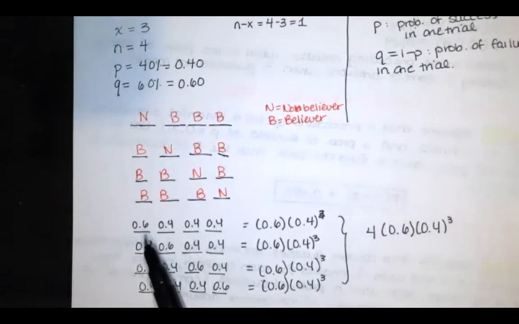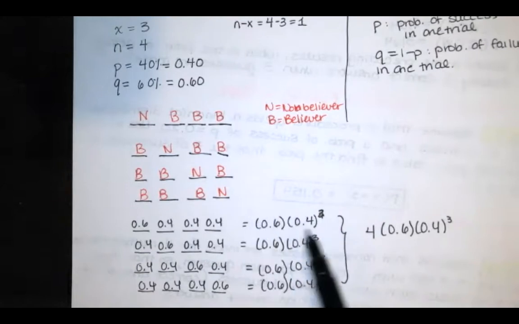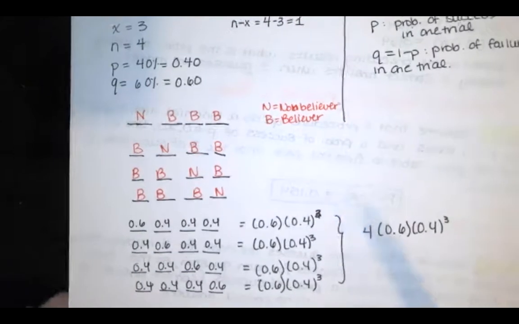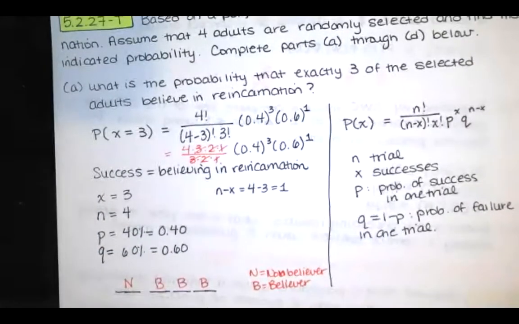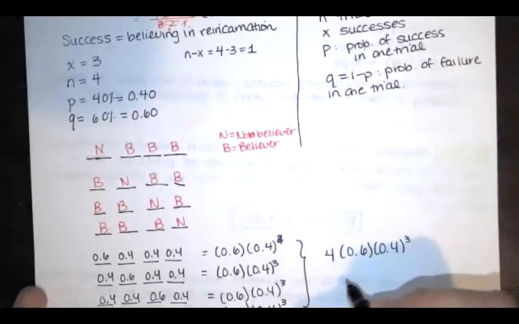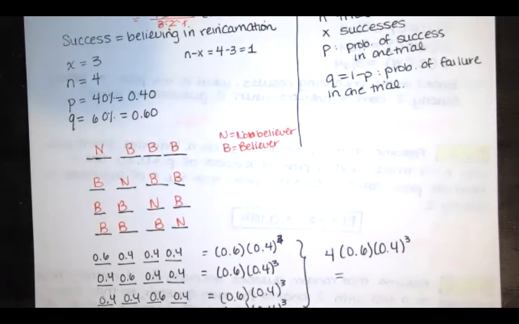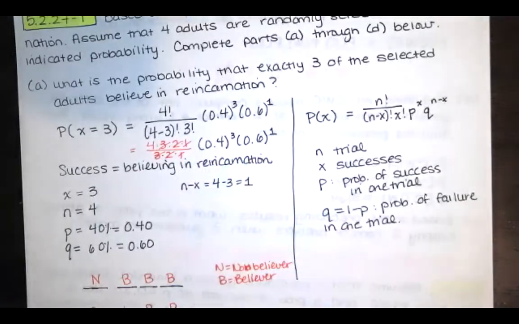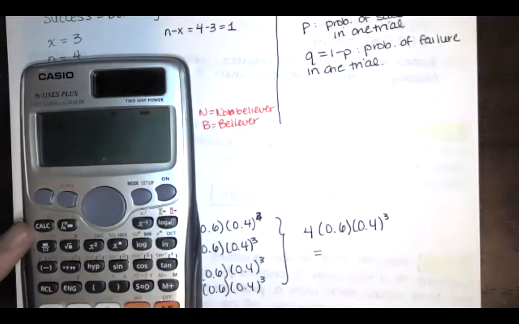Like, let's say you said, well, what's the probability that the first person was a non-believer and the next 3 were believers? Well, you'd get this, but if you were asked for the probability that you have 3 believers and a non-believer, you'd be missing out on this probability, and this probability. And we need all 4 of them if we want the probability of selecting 3 believers, 3 people who believe in reincarnation, and then 1 that doesn't. So we can use this formula, and then let's actually work it out. When we multiply 4 times 0.6 times 0.4 to the third, which is exactly what we get here,